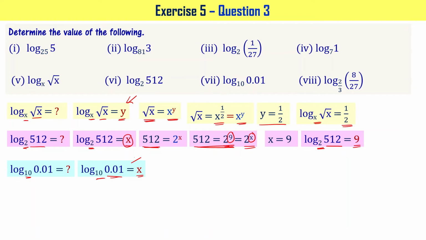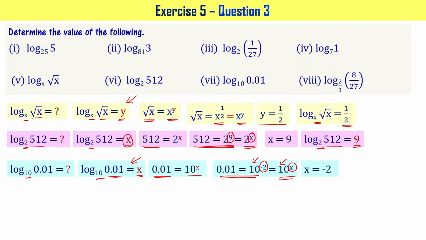So now I can write this particular equation in the exponential form. When I do that, it is going to be 10 power x equal to 0.01, right? I can write 0.01 as 10 power minus 2. 0.01 equal to 10 power minus 2, that is equal to 10 power x. Since the base of both the exponentials is same, that is 10, I can equate the powers. So x is going to be equal to minus 2. So to answer the question, log of 0.01 to the base 10 is equal to minus 2.